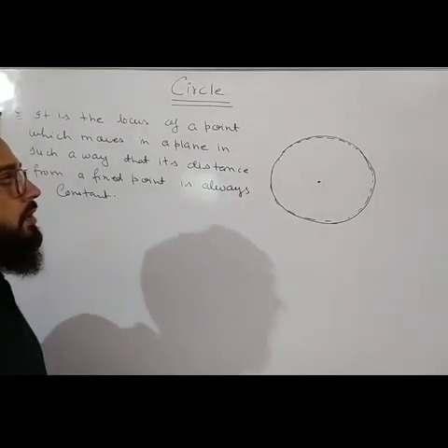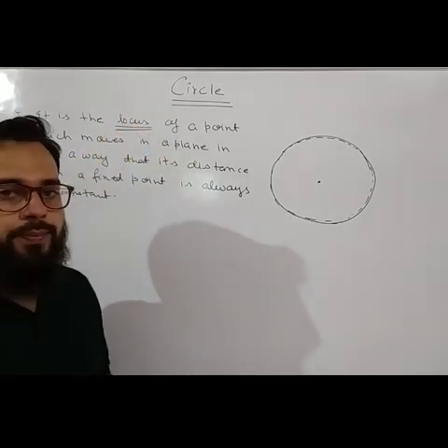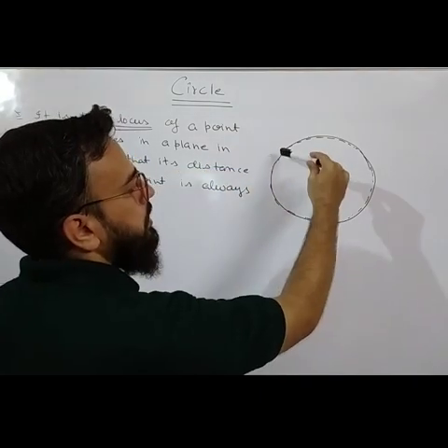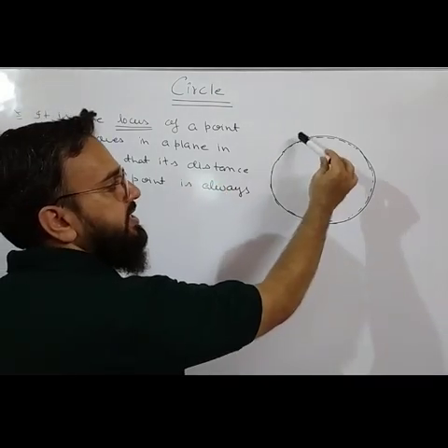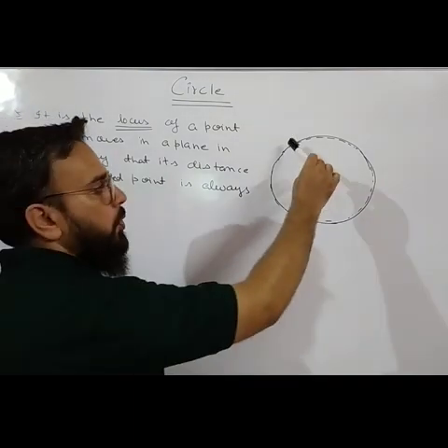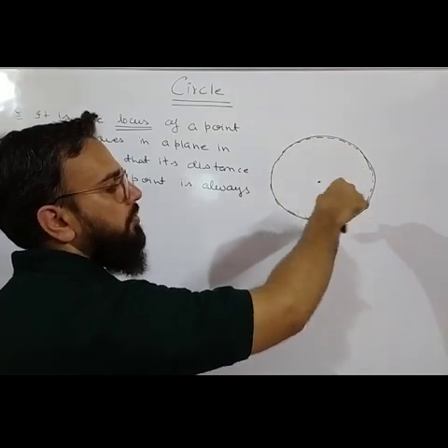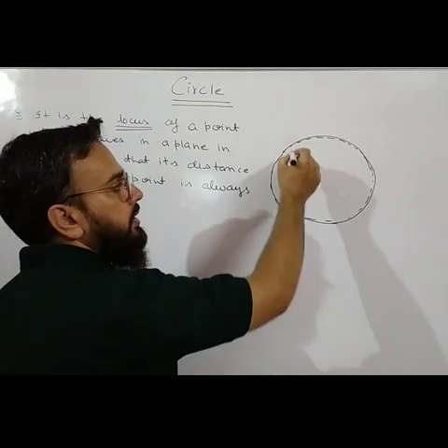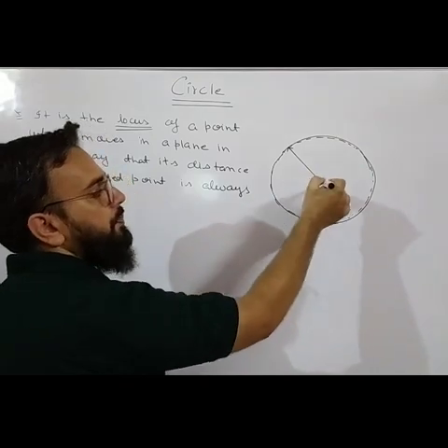What does it mean? First term is locus. What is the meaning of locus? Locus means the path followed. If you take the compass, put it here, and this is our pencil, suppose. So the tip of the pencil is a point. That point is moving in a plane. This board is a plane, or your notebook is a plane. So this point is moving on this plane in such a way that the distance of the tip of the pencil is always constant, always fixed from a given point, from a fixed point where your compass is there.